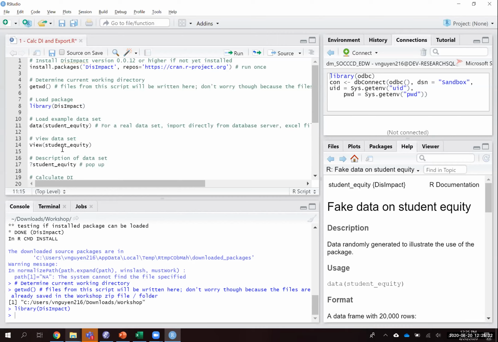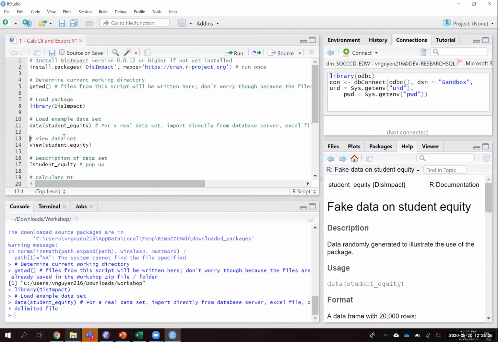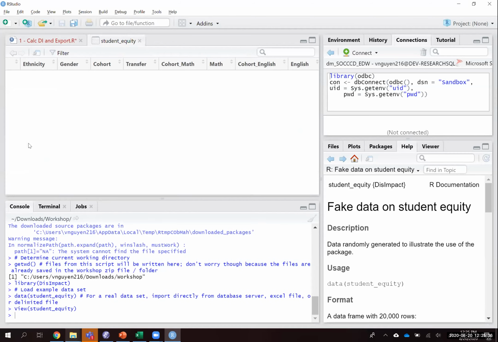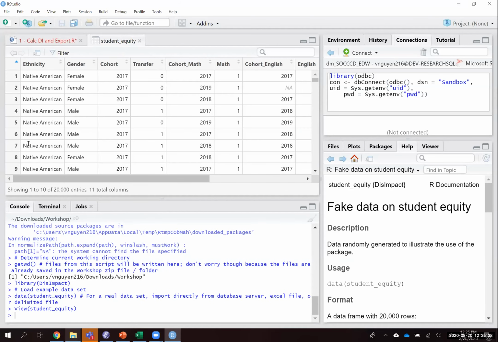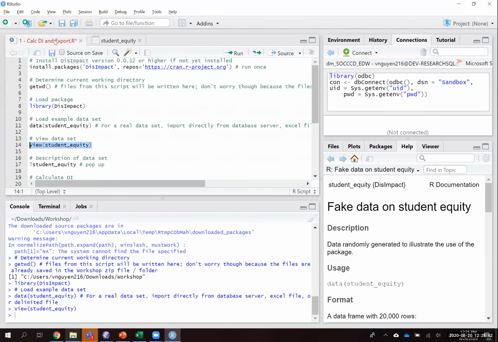If you type data, parentheses, student equity, it'll load that data set for us inside R. For those that want to see what that data set looks like, I'm going to run this line where we are going to view the data set. Then you can also, sorry, if you go back to your code, maybe show that you can also click that run button at the top instead of Control Enter. Okay, yes, so here,